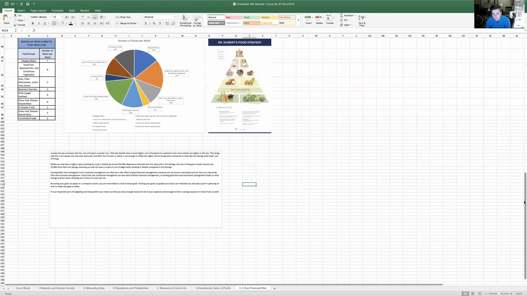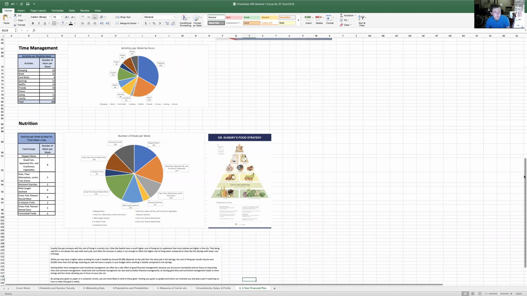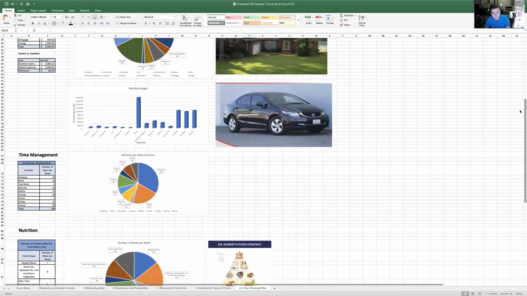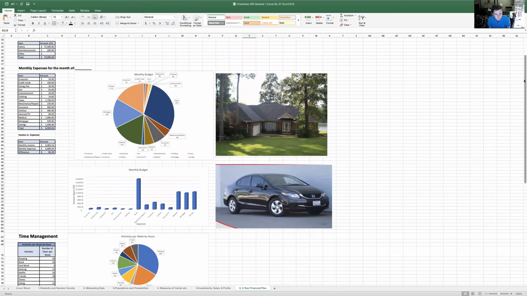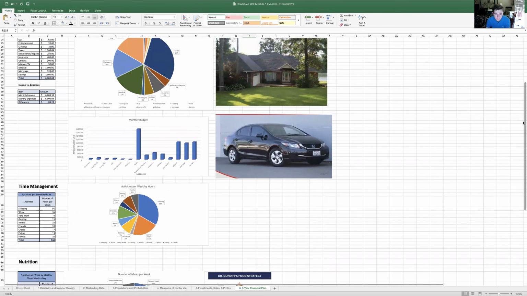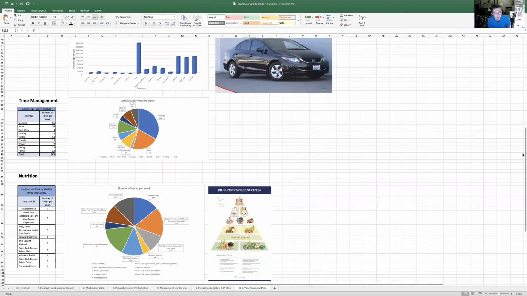It also shows the importance that time management and nutrition management can have. The better you manage your time and nutrition, that's going to affect your financials in a positive way. If you're doing it well, it helps you perform better at work, and then performing better at work gives you that money security to focus more time on time management and nutrition. So it's kind of a self-fulfilling cycle, and a good thing.